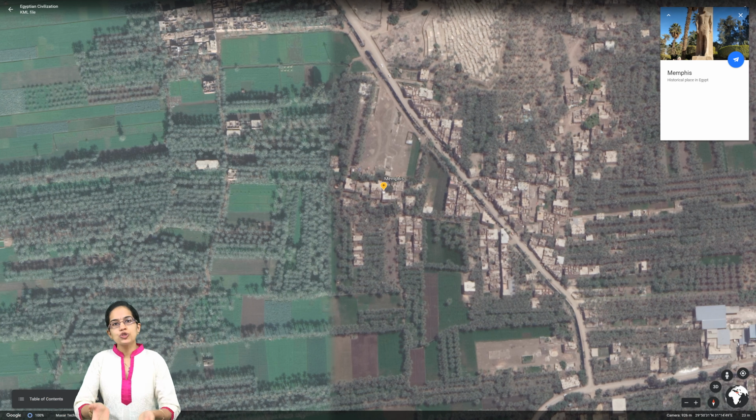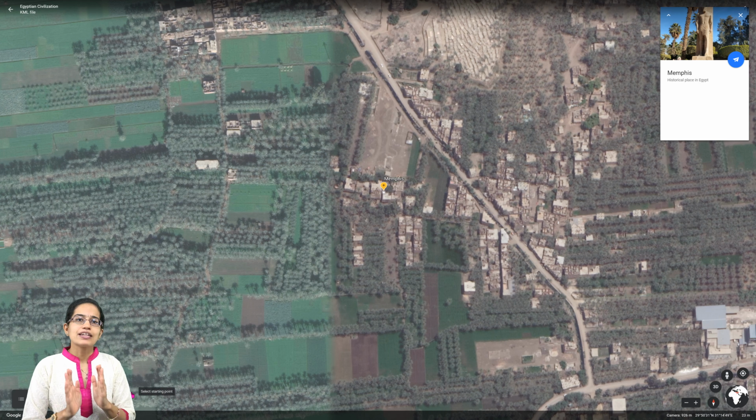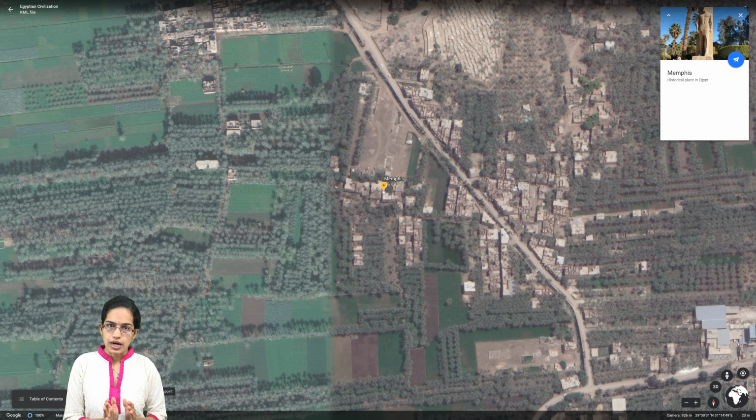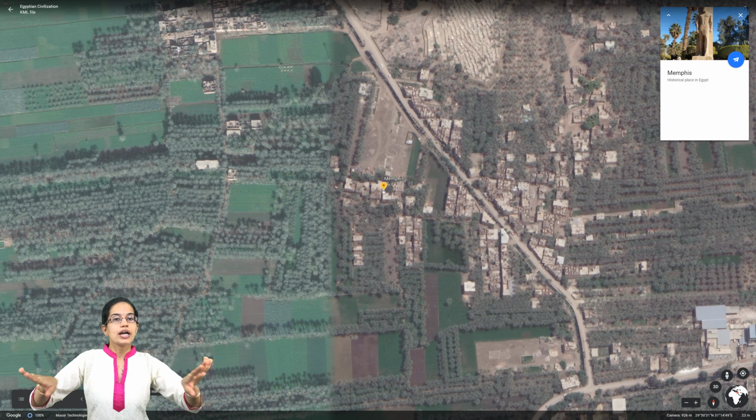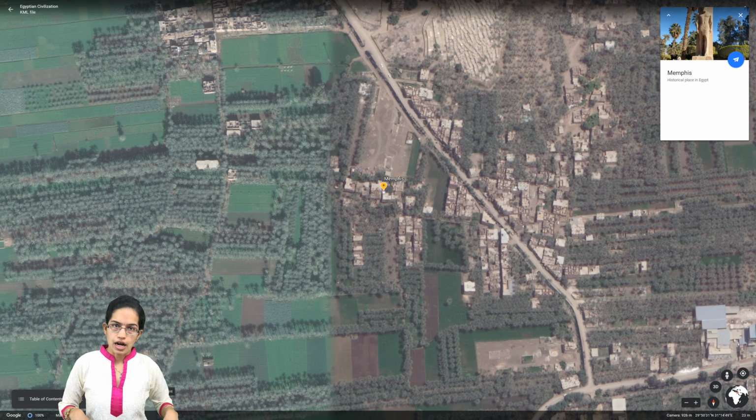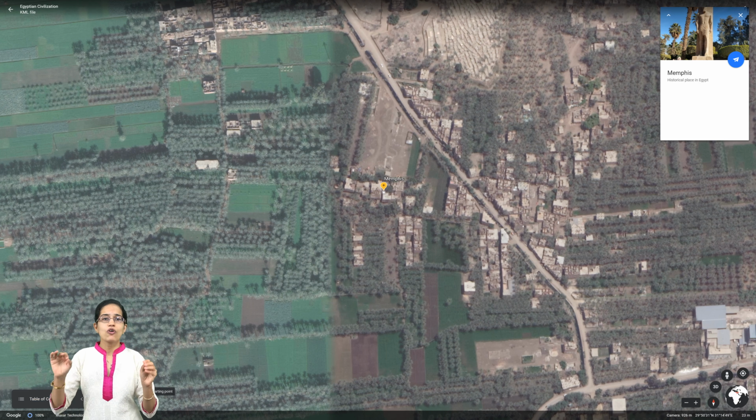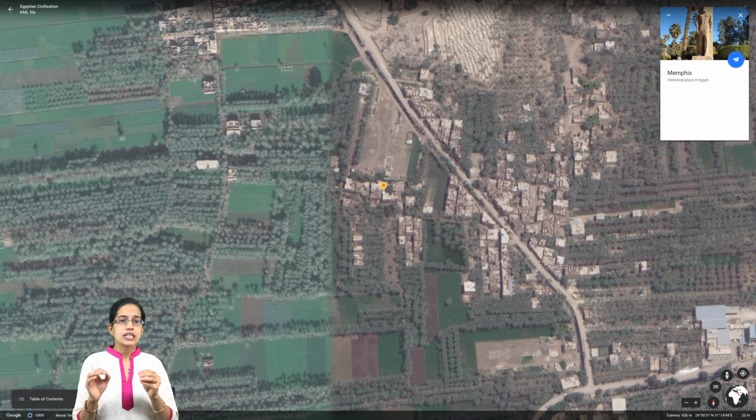Now what used to happen in the Nile River? The Nile River used to have an annual flooding. With the annual flooding, fertile soil used to be deposited on the surrounding areas of the Nile, and therefore this was a boon in the desert area. You had a lot of fertile soil with dates, vegetation, and fruits. Barley and wheat were the two major staple crops, which we would understand in a while.